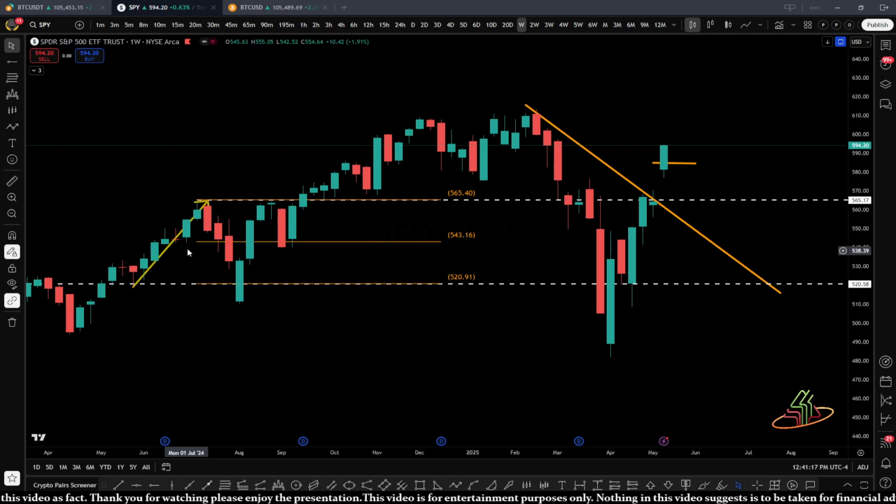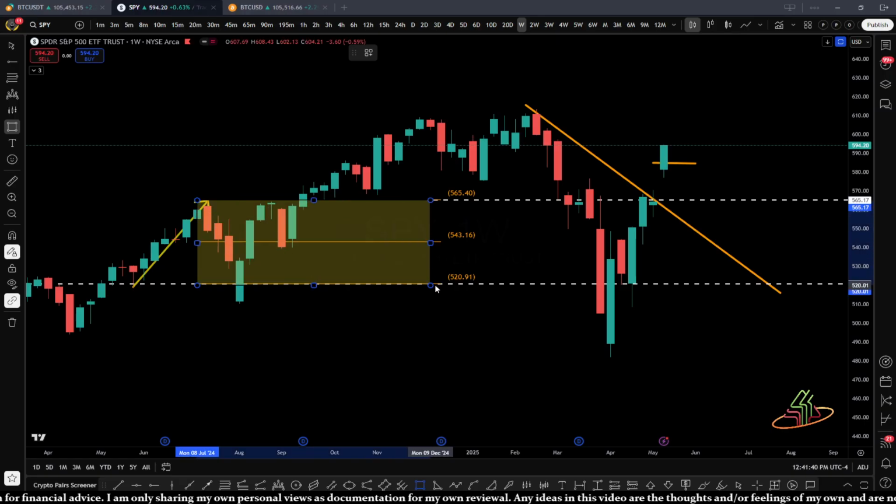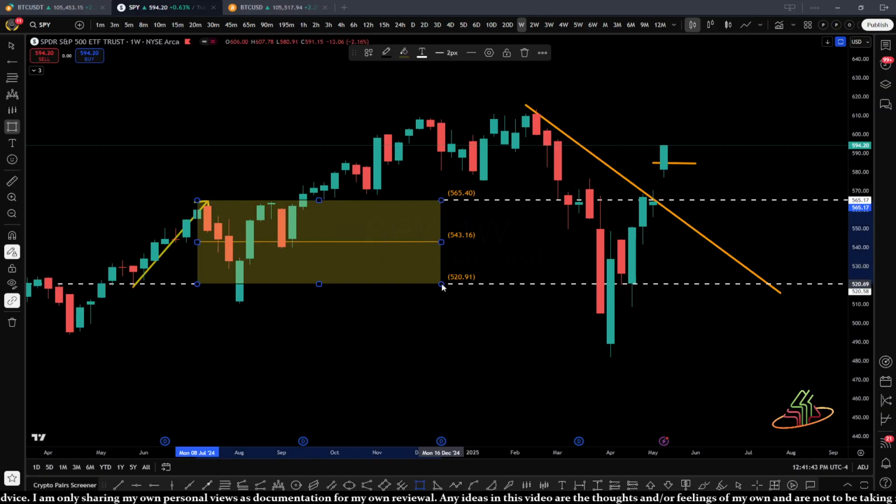Take that ORB, draw the 50% in that. Wait for us to get a breakout of it. Once we get a breakout and a retest, you got your entry, and then we go higher. And then what do we do to figure out how much higher we're going? I apologize about that just popping up. But what do we do to go higher? We take the consolidation, right? We took this consolidation,